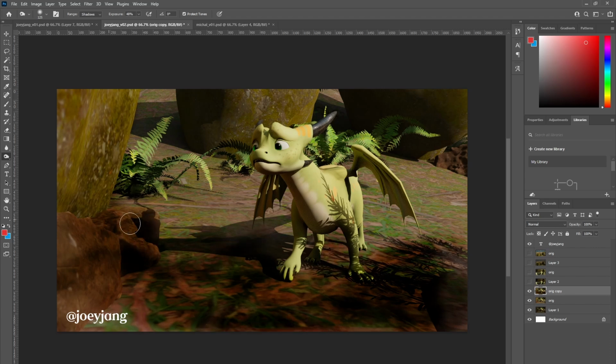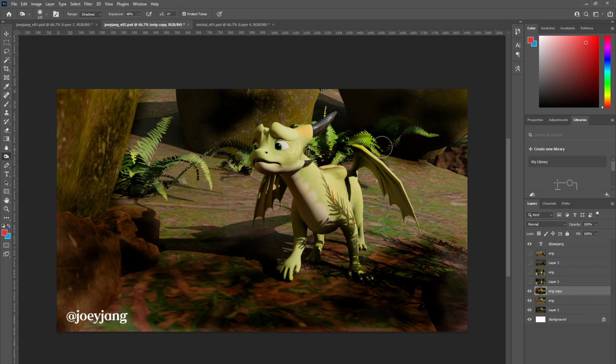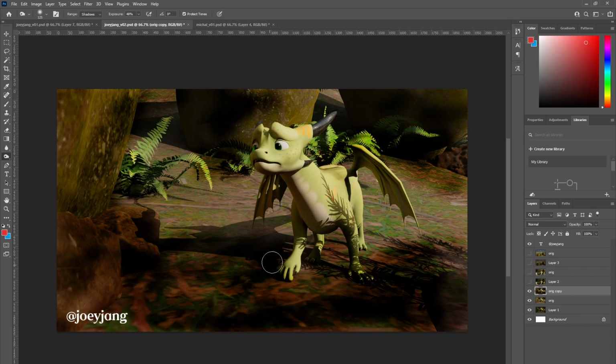So I would try maybe leaving the background, not working on the background too much, maybe just a tad here and there, maybe strategically placing some gobos. Like that.